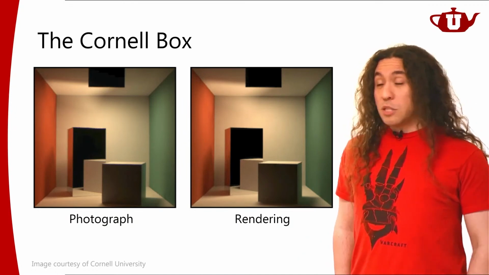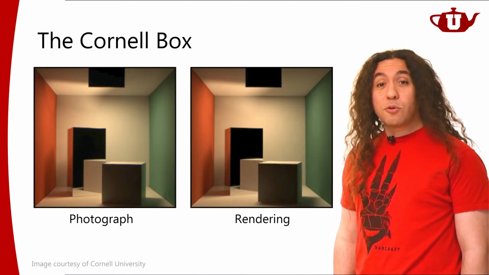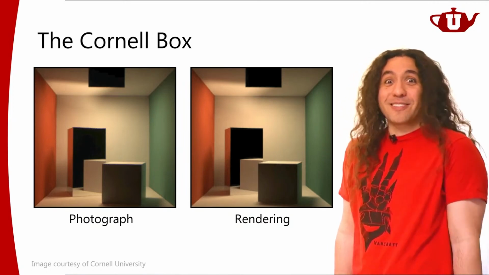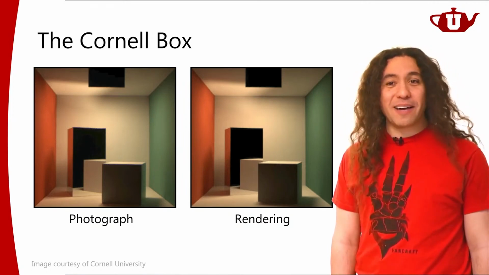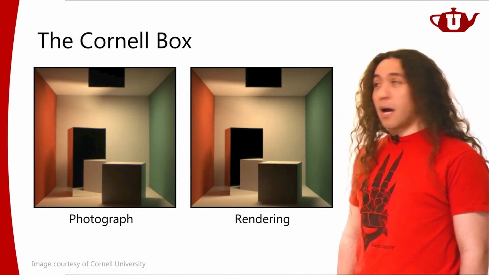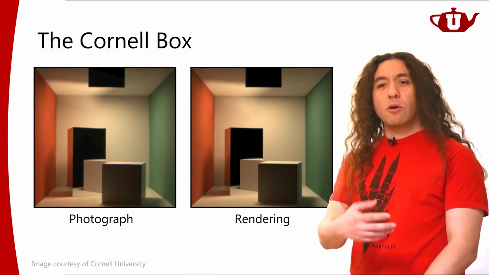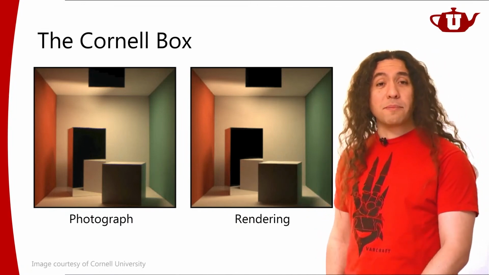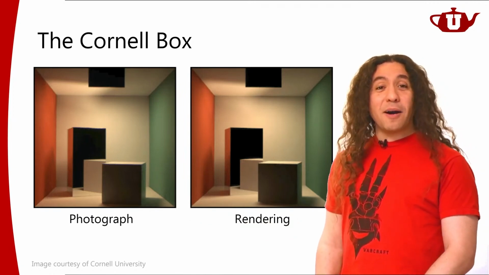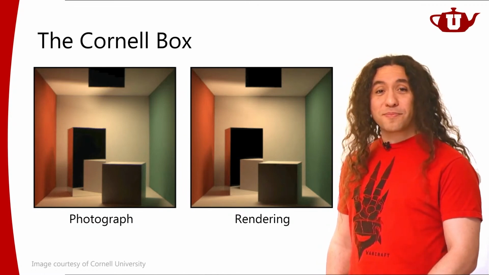So this should show you that if you're computing global illumination properly, you can get very realistic looking images, to the level that looks almost exactly like a photograph, right? And so realistic computer graphics is coming out of global illumination computation, basically. All right, so that was the Cornell box, and we talked about the Radiosity algorithm that introduced the Cornell box to us, to the computer graphics world. Now we're going to talk about other techniques for computing global illumination.